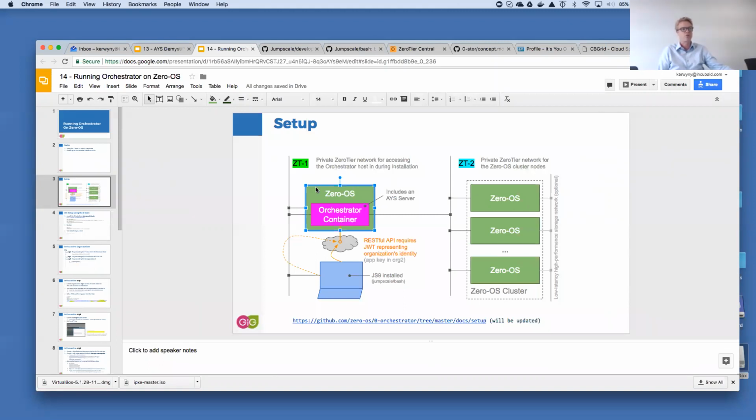And as you will certainly remember, a ZeroOS image is something you download from the Bootstrap service. I'll come back to that. As part of the download, you need to specify the zero-tier network that the OS needs to join when it boots. And this will then typically lead to a situation where you have a zero-tier network, you have your local machine or your virtual machine from which you will do the installation, and both the ZeroOS that is there to host the orchestrator and your own machine will have joined the same zero-tier network.